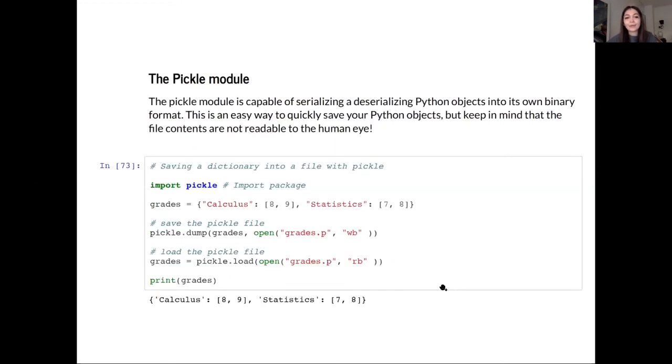Okay, so just like I said before, these are obviously not the only modules that you can use for these purposes. The pickle module is an alternative to read and write different content into files and read from these files. But things look a little different for pickle because the file that you write into is a different format. It's a binary file that will have the contents of whatever you're trying to write into it, but it won't be readable. It's only readable inside Python,